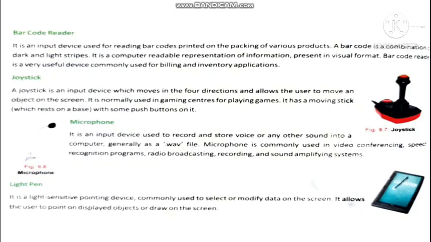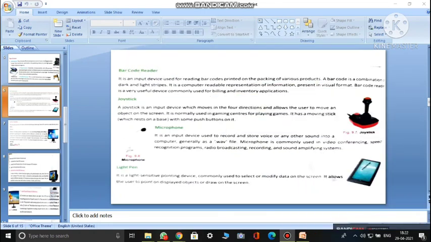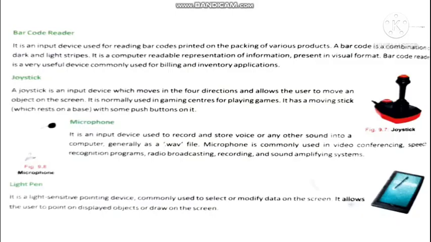They simply use that device and read the combination of dark and light vertical stripes for reading the details of that particular product, what the product is, what the cost of it is, what the manufacturing date is. All those things will get displayed on the screen. So that was the purpose of the barcode reader.